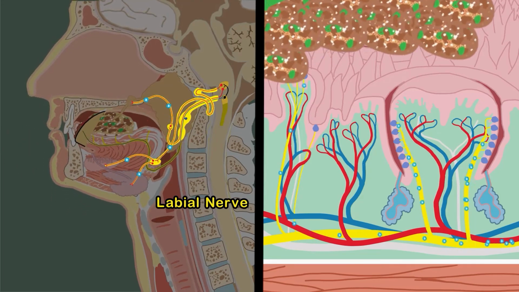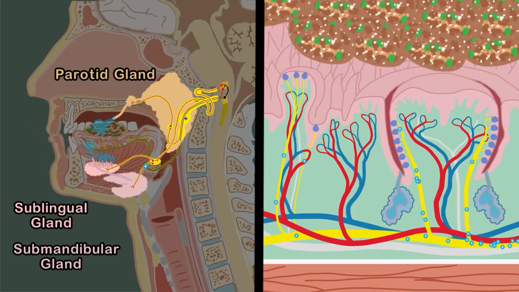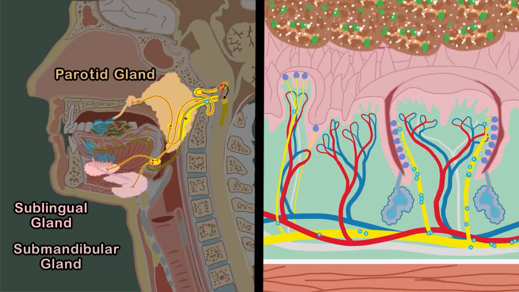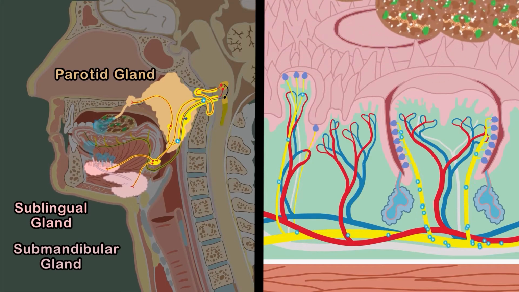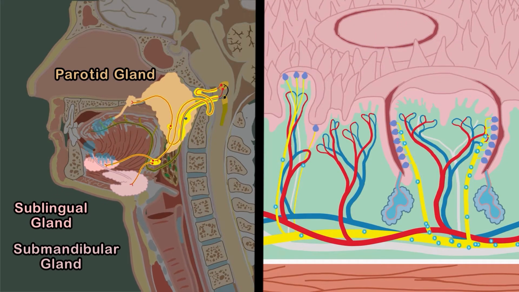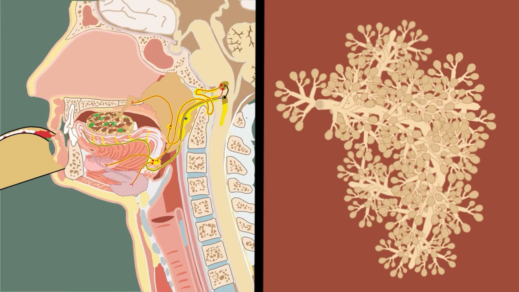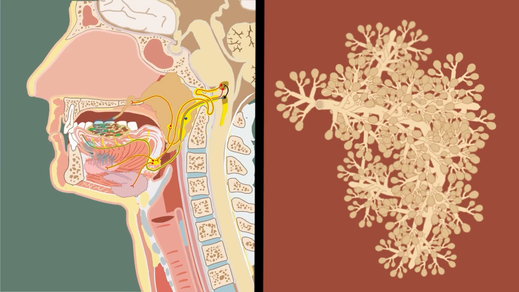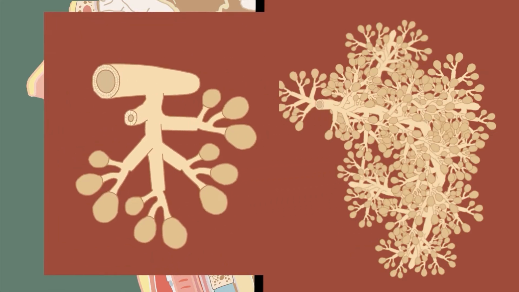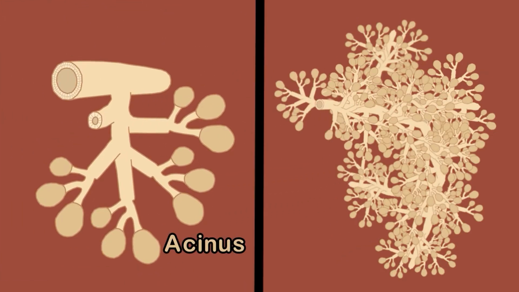Saliva is largely produced by three major pairs of salivary glands that lie outside the oral cavity and discharge saliva through short ducts into the mouth. If we zoom in on the parotid gland, we can see that it resembles a cluster of grapes. It's composed of hundreds of tiny lobes called acini that produce saliva, which are connected by a duct that collects